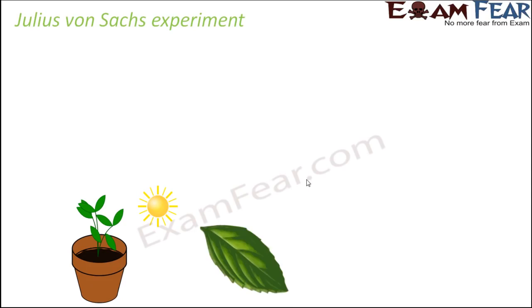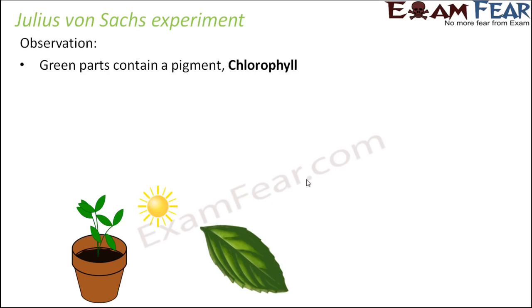So for example, the leaves. So what did he do? He observed the leaves even more minutely and he found that in the presence of sunlight, plants make food in the form of glucose, which is stored in the plant in the form of starch, which is a polysaccharide. He also observed that this green part of the plant, for example this leaf, contains a pigment called chlorophyll. So this was again a very important conclusion, a new step altogether.